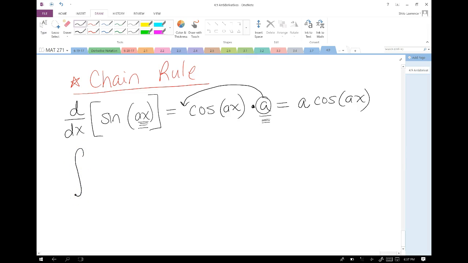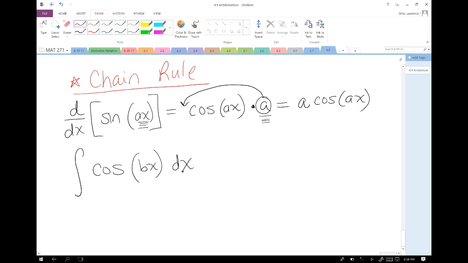So for right now, just for this section, if we were asked for the antiderivative of any of these trig functions and our angle has a coefficient, for example, if we were asked for the antiderivative for cosine of bx,